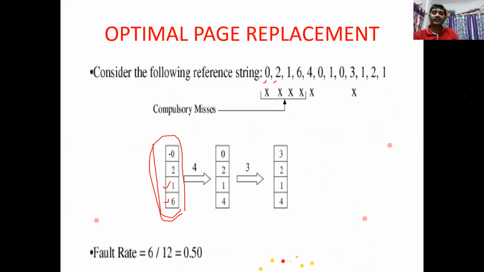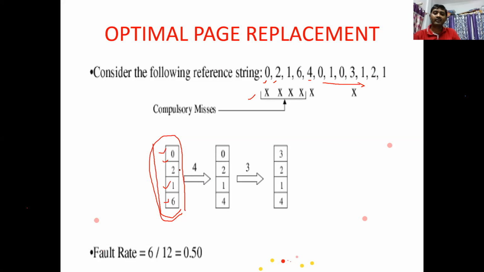Initially it is empty, so every time there will be a miss; I call it a miss. 1 2 3 4. Whatever the frame length is, automatically that many misses will be there initially, right? The next one to be stored is 4, so one page has to be replaced. In the optimal algorithm, to store 4, we have to look forward to see which page is coming a bit late.